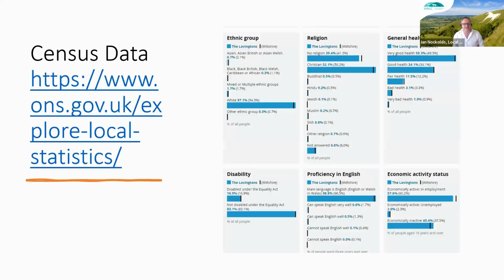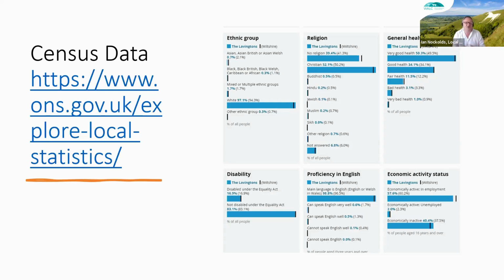Right. I started off with the example of the census. Now, what you may not be aware of, for any of you who have looked at census data before, it will obviously tell you about the town, the county, the region that you live in. One of the things I like to do with the census data is this: an analysis of an area where I live in central Wiltshire compared to the Wiltshire average. Now, I'm not going to go through each of these six different variables, but it is interesting to see.